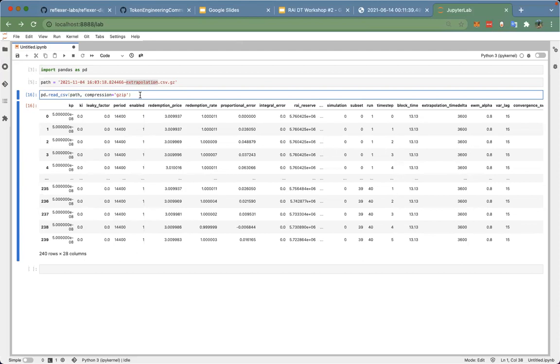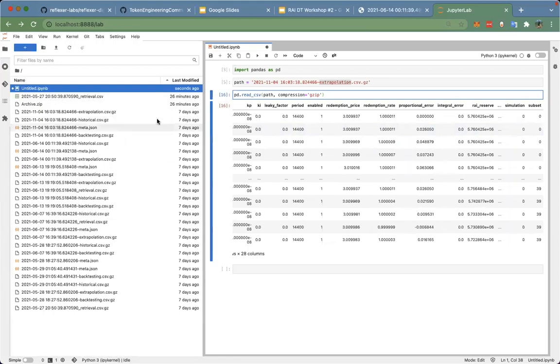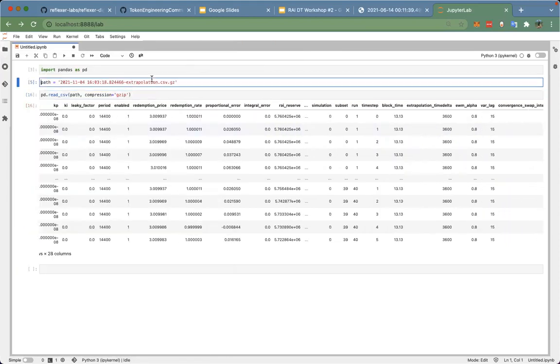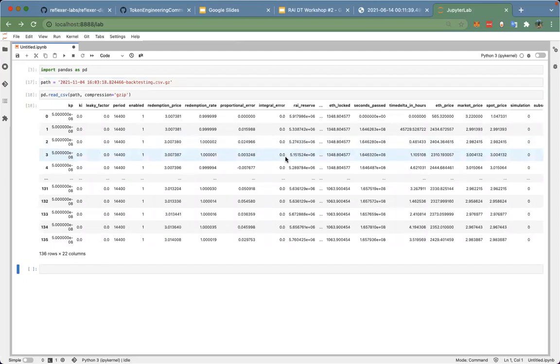So it's sort of mixed and it's not just test plot. So be aware of that. But yeah, just to show what it contains here: everything that you see on the report is contained in this extrapolation data set. And if we look, for example, at the backtesting one, it's the same thing, actually. But the backtesting is on the past and the extrapolation is on the future. So both are cadCAD simulations. It just changes if it's past or future.